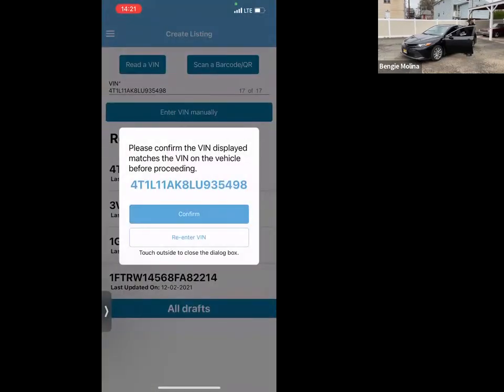Okay, now this part is very, very important. You want to make sure that you are confirming the VIN. The reason why it is very important to confirm the VIN is because if the VIN is off by even one digit, you'll have to do the appraisal all over again because we will decline it because the VIN is incorrect. In the system, we can't change the VIN, meaning you would have to redo the entire appraisal all over again. So please take 3 seconds just to make sure that the VIN is correct so that you don't have to go through the hassle of doing the whole thing all over again. Okay, once you click confirm,